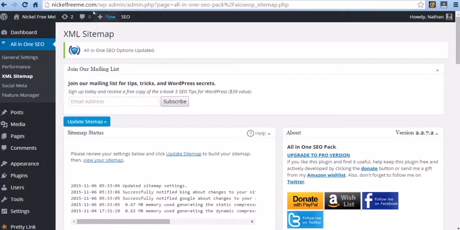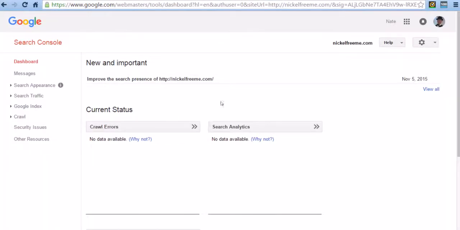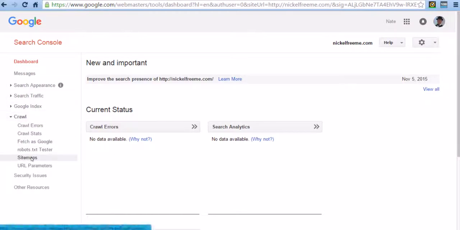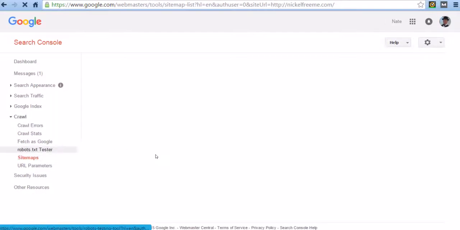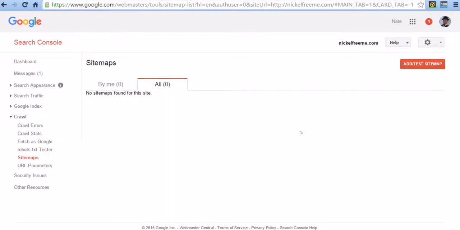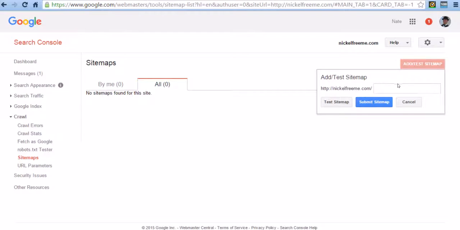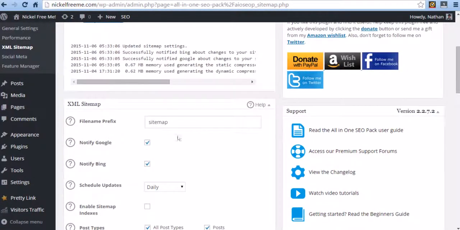Then what you want to do is go back over to your Webmaster tool, and come down here and say crawl, sitemaps. Wait for the load. So once you're here, you just hit add, and then you type sitemap.xml, or it's going to be sitemap. It'll tell you right here if you go down. Yeah, so sitemap,